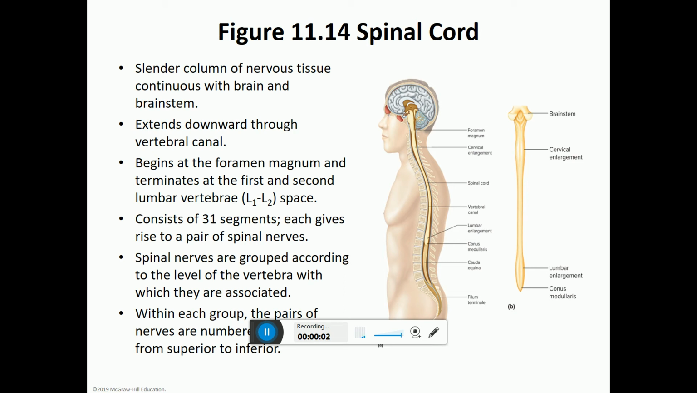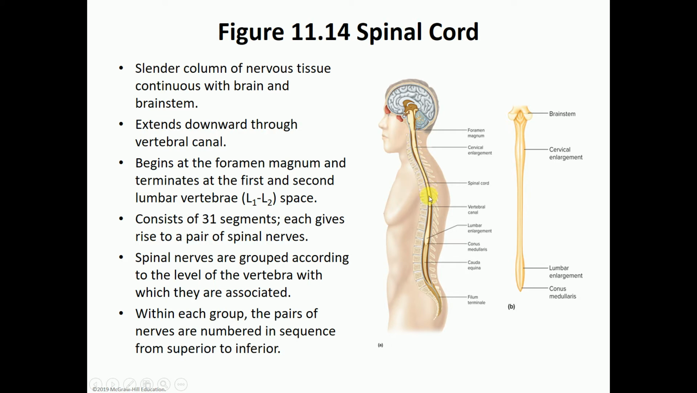Now in this part, we're going to talk about the spinal cord. So let's introduce what it is and where it is. It is the continuation of the medulla oblongata. It will exit the skull through the foramen magnum, which is the biggest opening found on the base of the skull. The fibers will continue down the vertebral canal